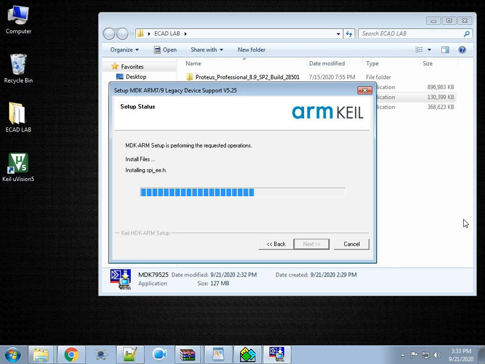Next, what do you install? Legacy support for ARM7. These are the three required things we need to install. The order also you need to follow, in that order only you need to install. Once it is installed, you can find your device in your project menu. That is one software installation completed.